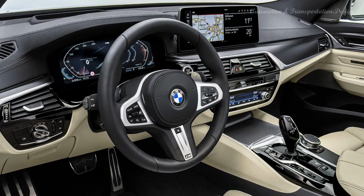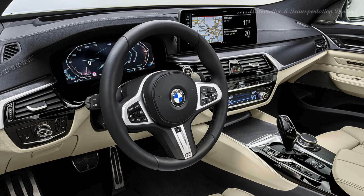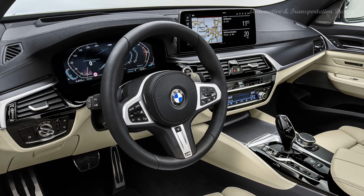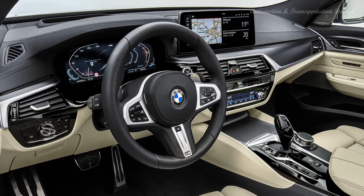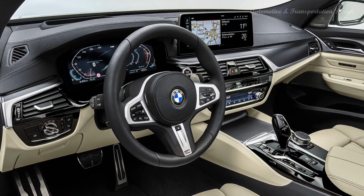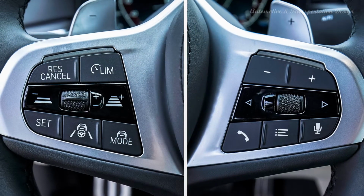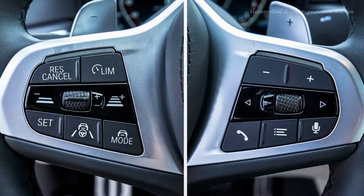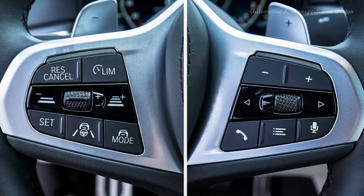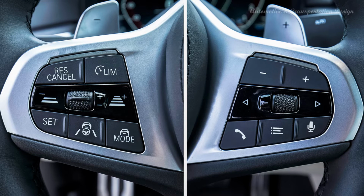The result is improved comfort when the auto start, stop and coasting functions are in use. When the driver brakes as they approach a junction or the back of a queue of traffic, for example, the engine can be switched off when the car's speed drops below 15 km per hour, 9 miles per hour. And if the coasting function is activated, the engine is also completely shut off rather than just being decoupled from the drivetrain. This function is now operational at speeds between 25 and 160 km per hour, 16 to 99 miles per hour,